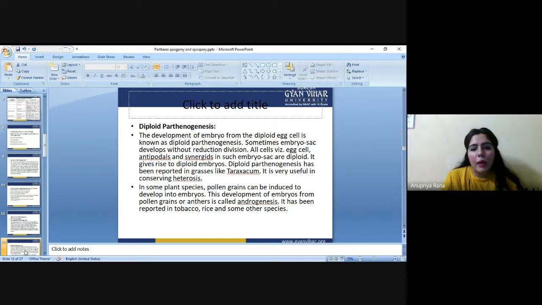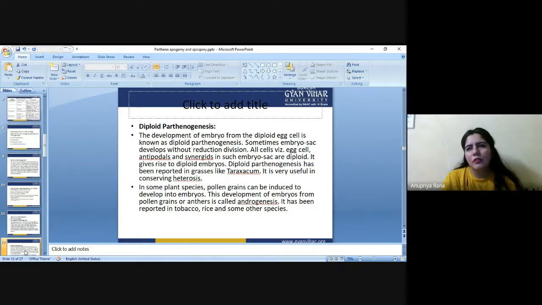So sometimes what happens here is that the reduction division will take place at a very preliminary time, when the embryo is in a developing phase. At that time, maybe they are developed from the reduction division. But as time moves forward, maybe something happens when the haploid cell becomes diploid. But this type of diploid embryo formation, or the process of diploid parthenogenesis,